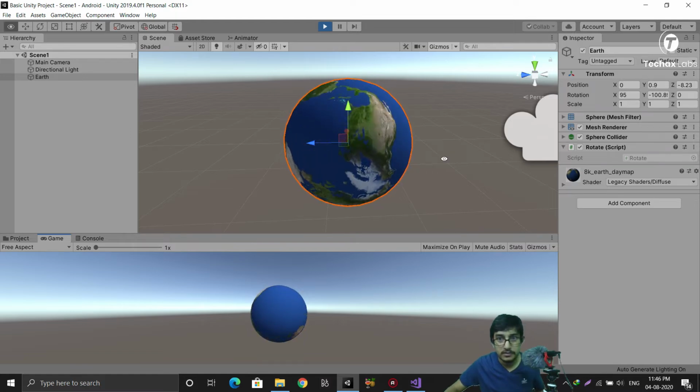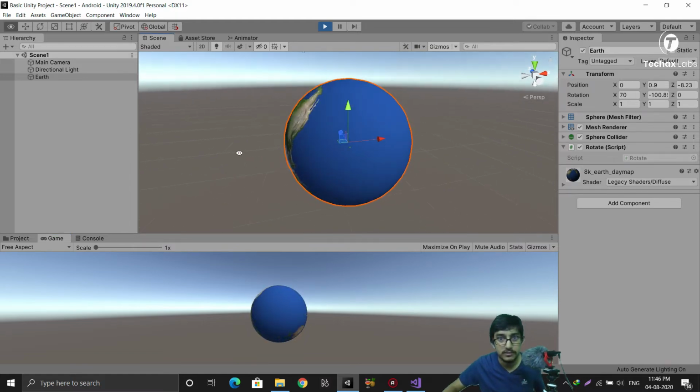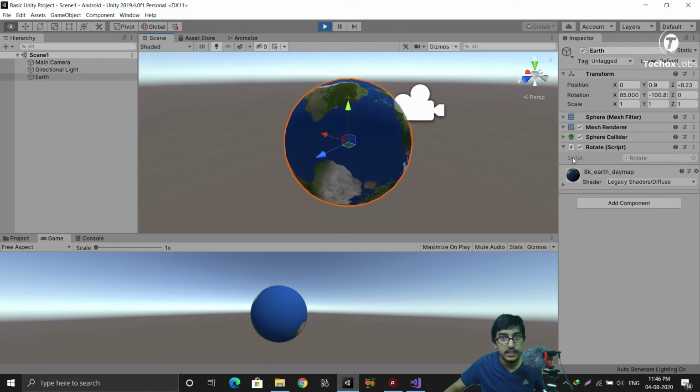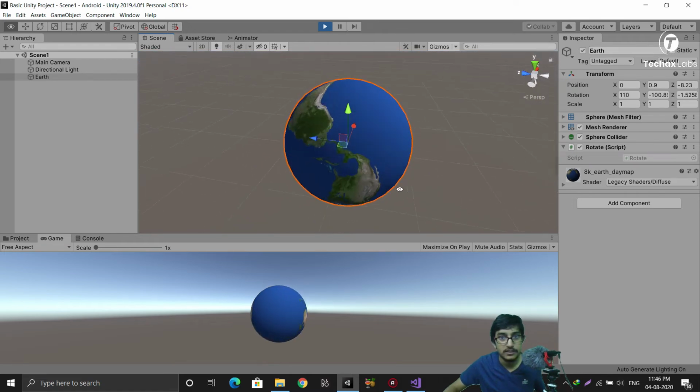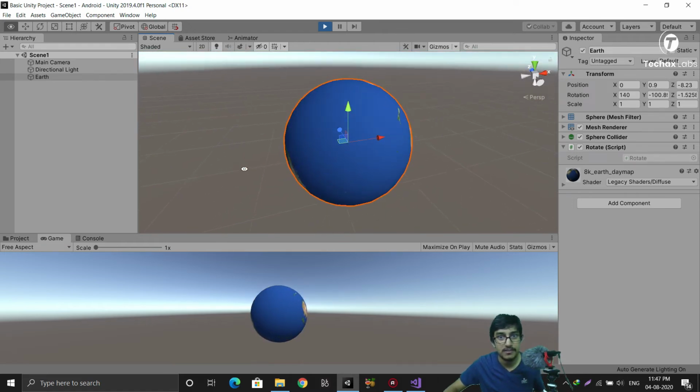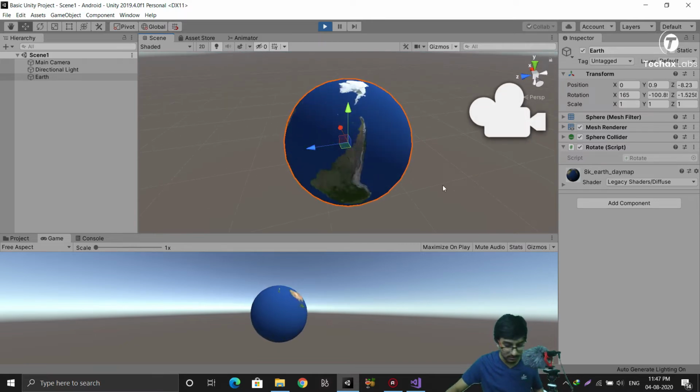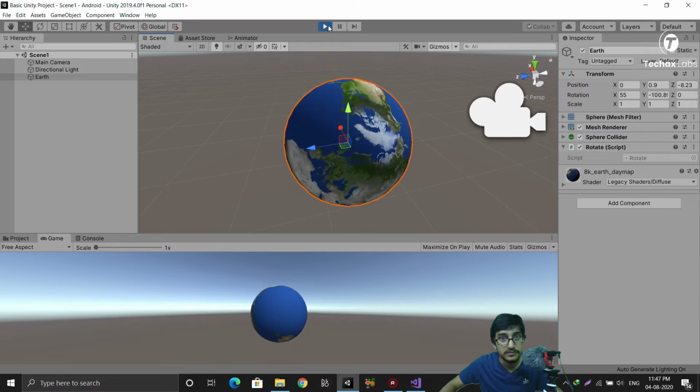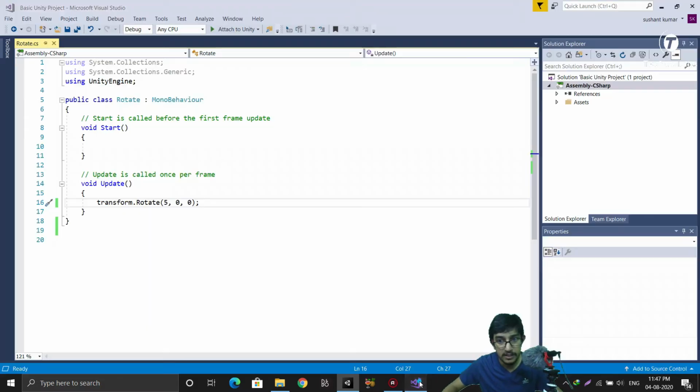And let's see some other view. Here you can see how our Earth is rotating. It's rotating around the x-axis, which is very weird. Earth does not rotate like this. So I will just stop it. It's very irritating, and change this rotation for y-axis. Let's say 5.